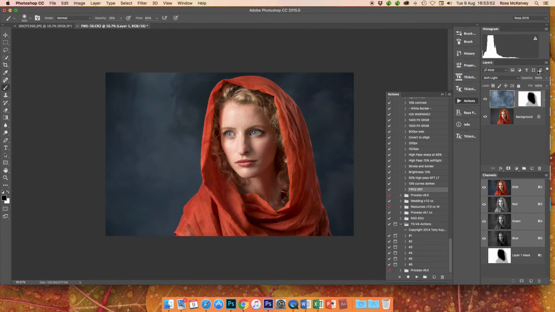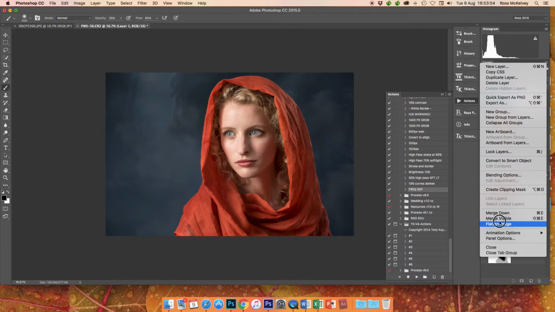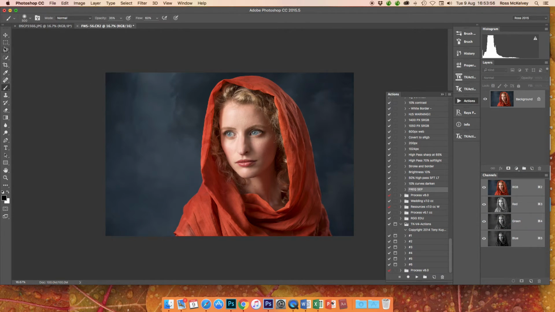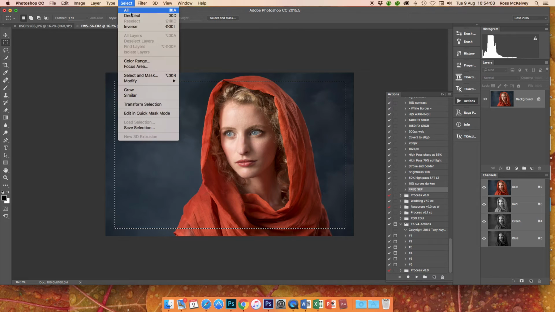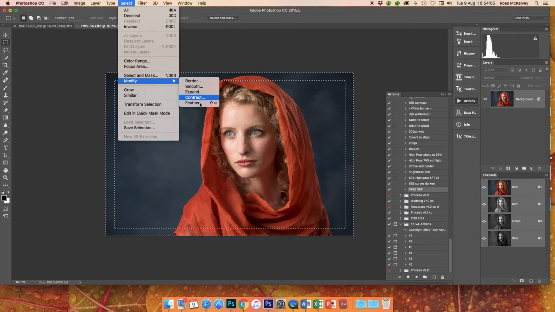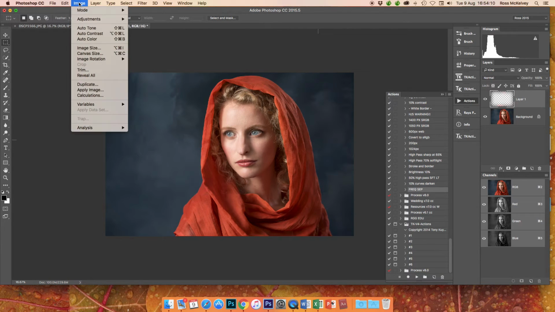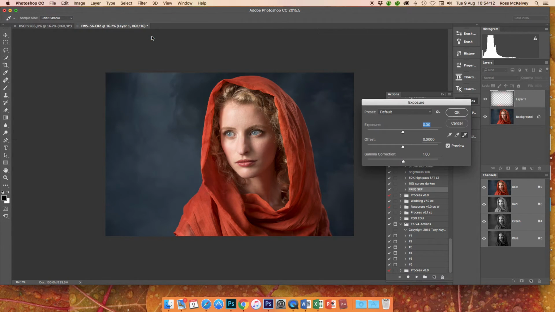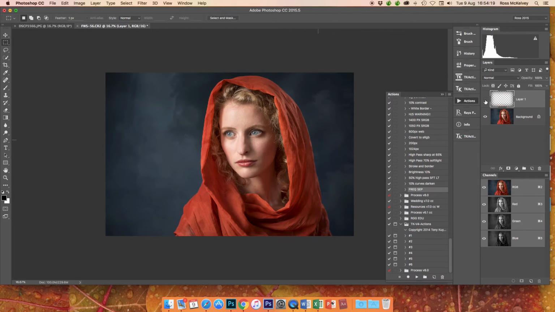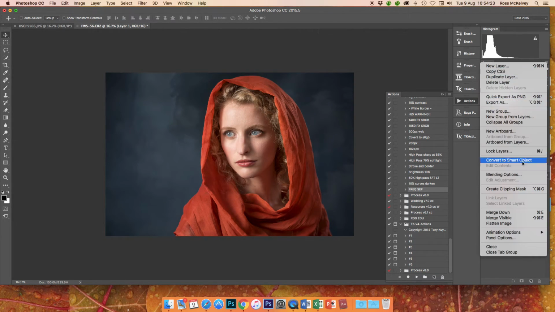And if you're happy with it, flatten image, give it the good old vignette treatment, rectangular marquee tool, draw it out, and select inverse, select modify feather, hit enter, Command C, Command J, image adjustment, exposure, bring it down 1, and hit OK. Turn it off and on to see the effect of that. You can know what I'm going to say, 70%, flatten image,